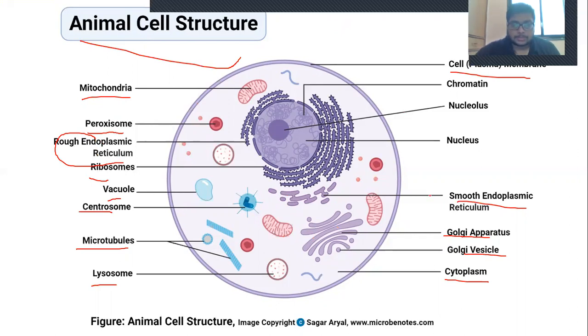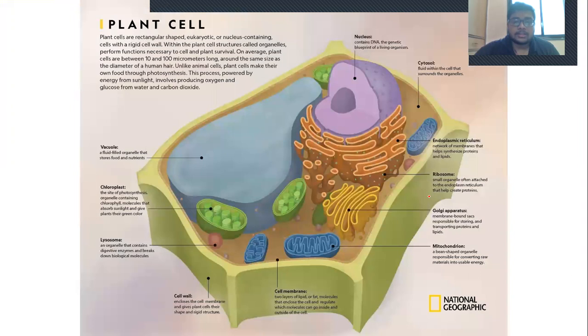Okay, let's move forward. Plant cell, yeah. So a well-defined plant cell contains the nucleus, then cytoplasm, endoplasmic reticulum, ribosomes, Golgi apparatus, mitochondria. They contain cell membrane, they contain cell wall, lysosomes, chloroplasts, and vacuole. The major difference between plant cell and animal cell is that for plant cell, a very large vacuole is present. Okay, whereas for animal cell, the vacuole is small, this much only.